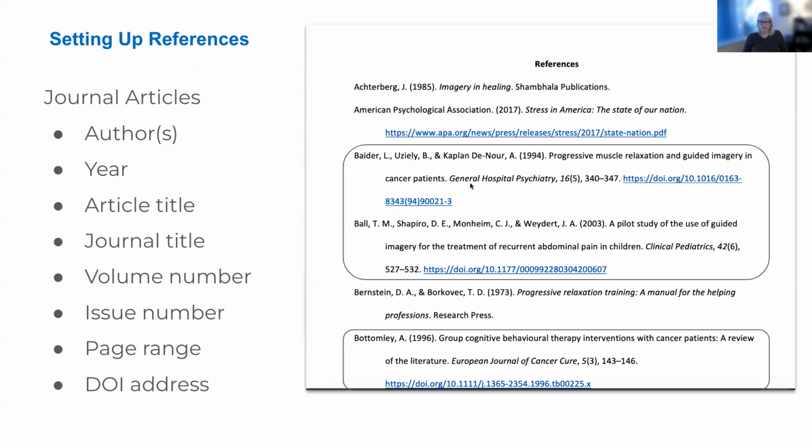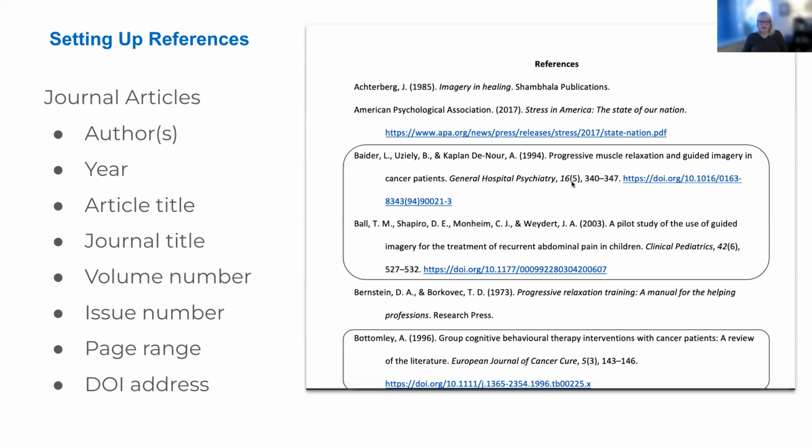The journal names are in title case, so that means that every important word is capitalized. You can see in this one, you don't capitalize the "of." Then comes the volume number after a comma. It's also in italics.